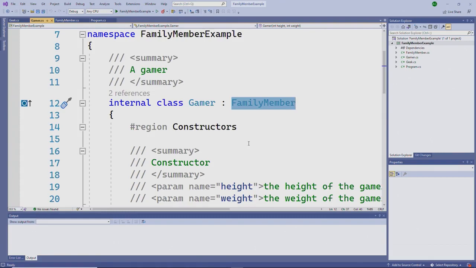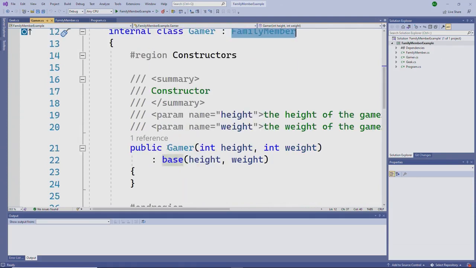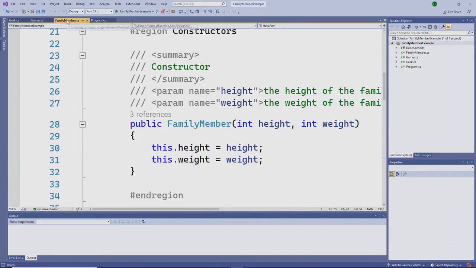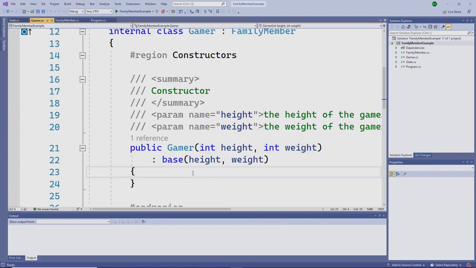Okay, so the gamer class inherits from family member. We need to implement a constructor for the gamer class because remember, constructors have the class name as the name of the constructor. So we need a constructor that's called gamer. We'll pass in the height and weight, but we don't want to copy this code from the body of the family member constructor and paste it here in the body of the gamer constructor. One of the benefits of inheritance is we can just use the constructor from our parent class, and